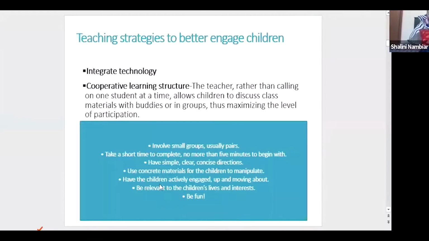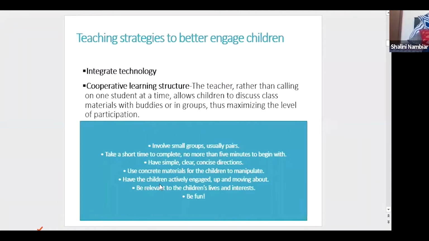More impactful. Cooperative learning structure, very important. These are not big words. I have made it very, very simple because you already have those excellent books with digital technology and how you can do it. You already have all that with you. All I'm doing is showing how you as a teacher, because the technology can be useful only if as a teacher you're able to implement it effectively. You're able to make it engaging. Otherwise, you can show them a video of 15 minutes, I can tell you the child will go to sleep.